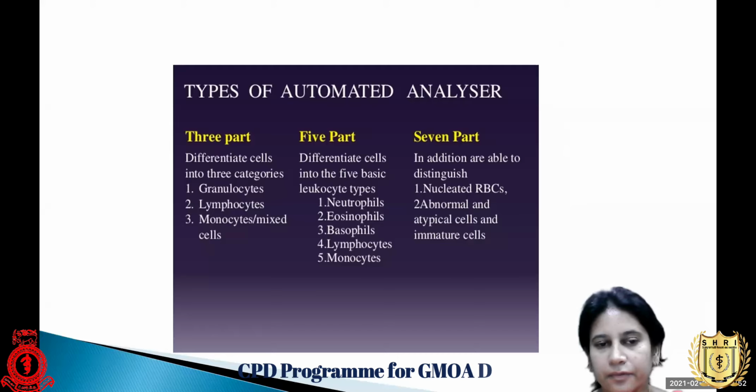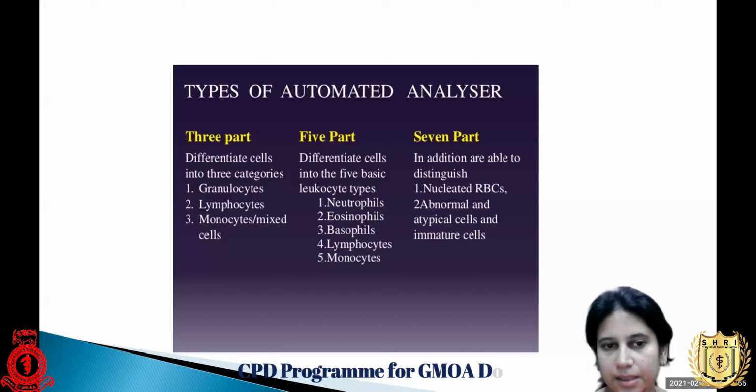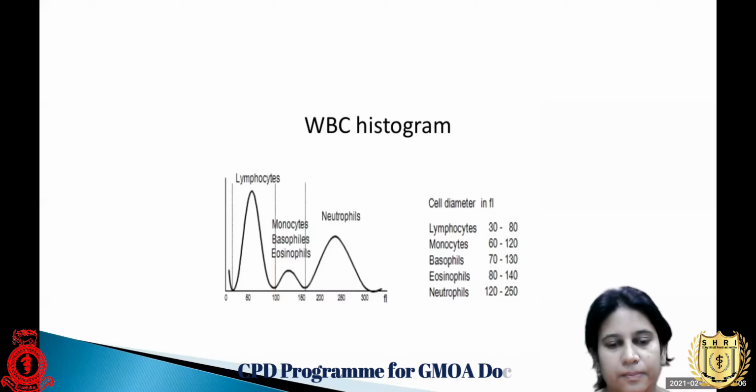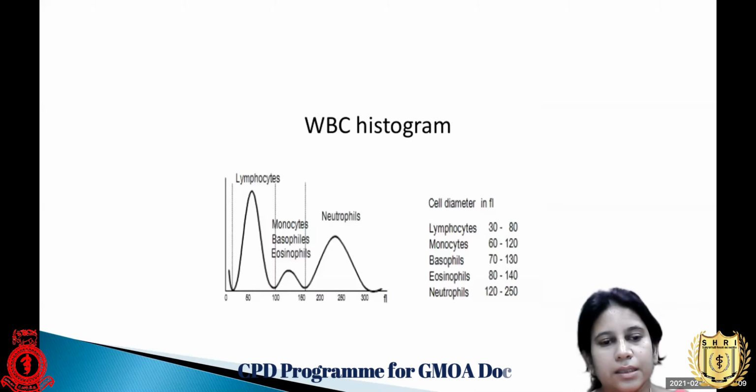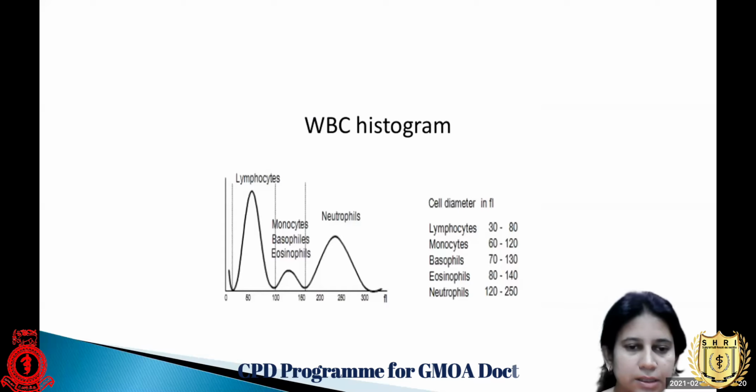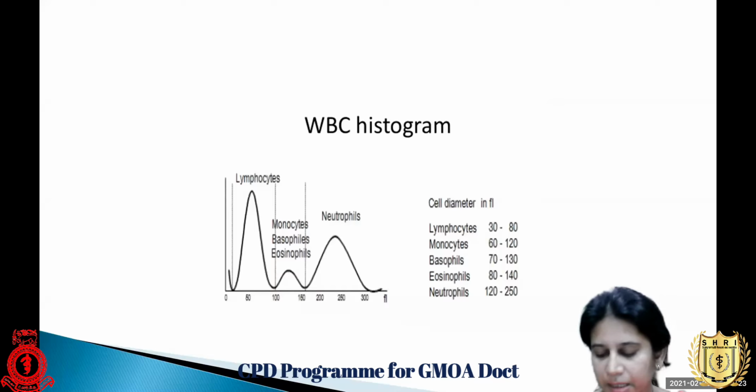So what is this 3-part, 5-part? Because of the technology, the machine can now identify 3-part, 5-part, and even 7-part cell types in your body. If I describe in more detail, 3-part includes lymphocytes, mid count, and neutrophils. 5-part includes lymphocytes and a differentiation of these mid cells and neutrophils. I wanted to highlight this because you still see this type of 3-part hematology analyzer report in our country.